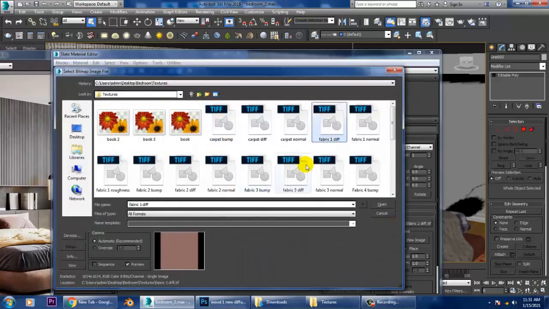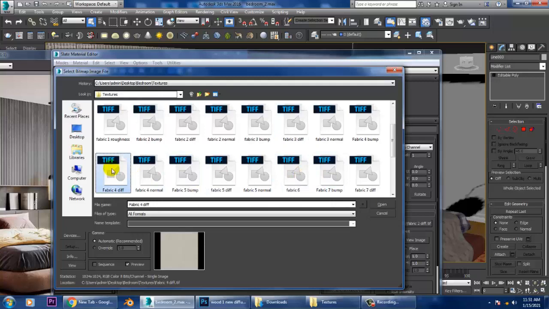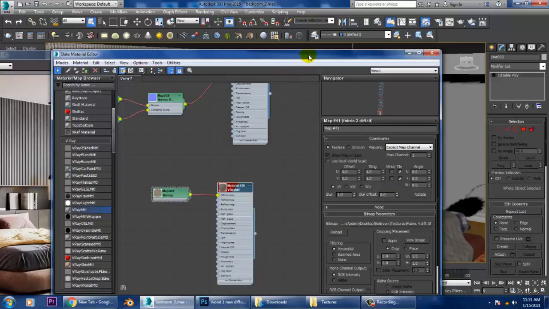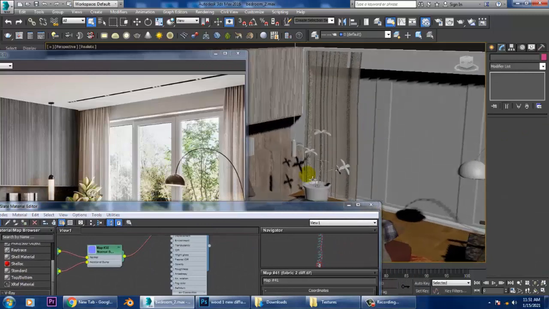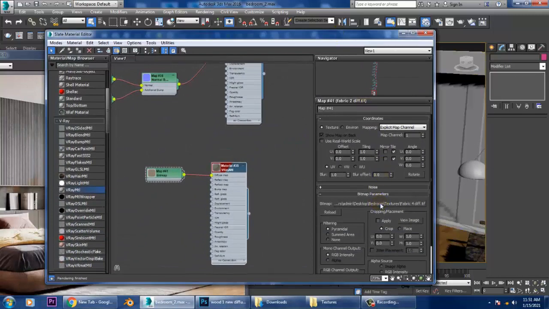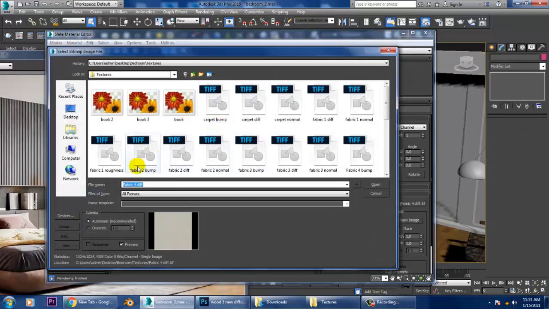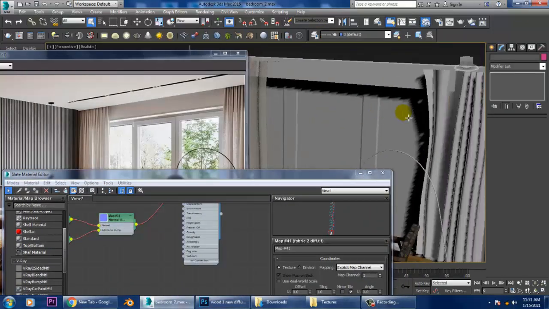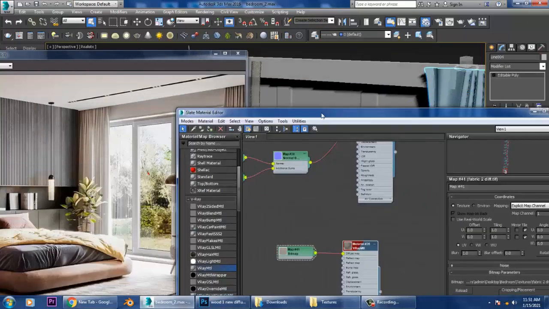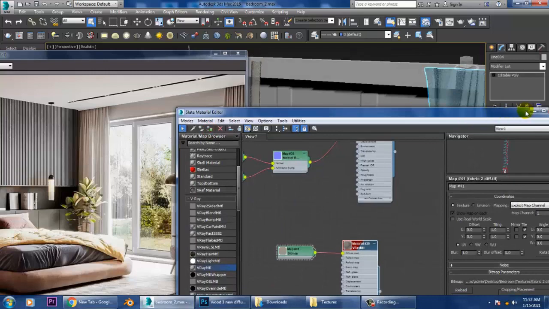Fabric 1, fabric 2, fabric 3, 4, you can go with this also. Let's check out how it looks. We'll go with the first one, that was much better. Second one, same thing, assign it over here in this way.